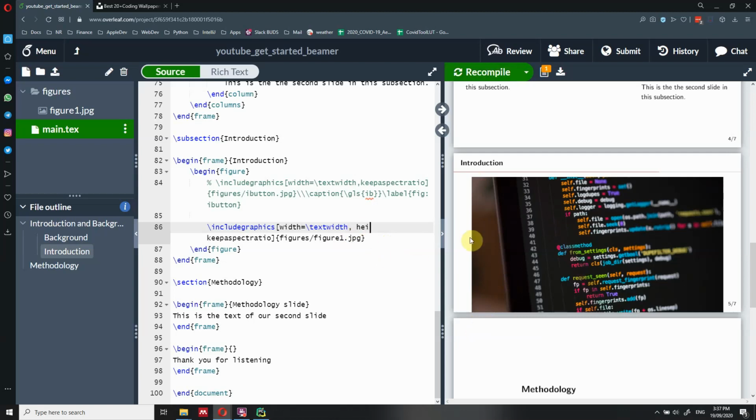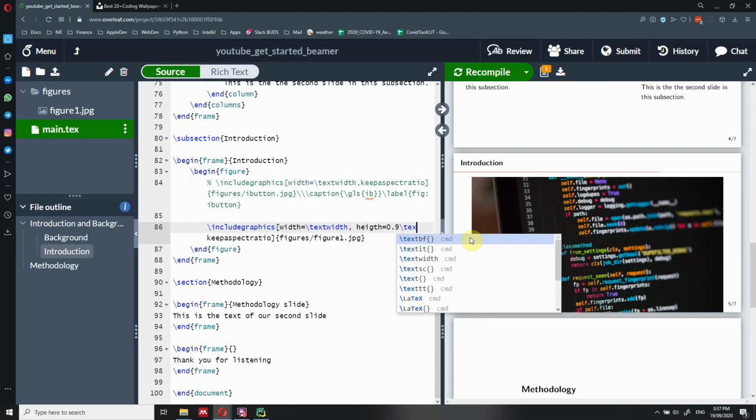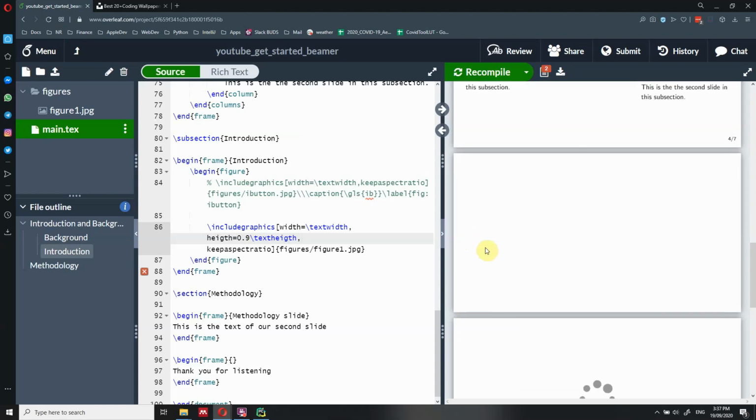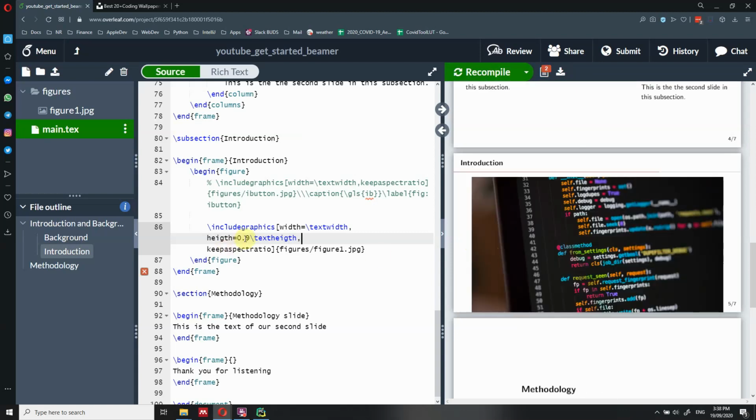So we need to add also the height. In this case, let's say 0.9 of the text. In this case, we want to have text height, and then a comma. Now everything should be fine because we have resized our picture both on the x-axis and on the y-axis.